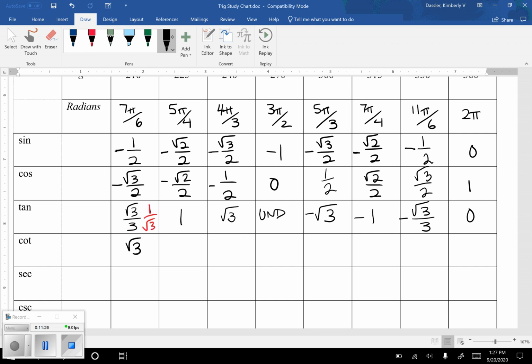And then for cosine, now if cosine is negative in the third quadrant, then secant will also be negative in the third quadrant, and it's okay just to leave that. You also know that you could rationalize that denominator and get -2√3/3 for that one. And then finally for your sine reciprocal, which is cosecant, it will be -2 because that's the reciprocal of -1/2. So walk through those and fill in your cotangent and your secant and your cosecant values,